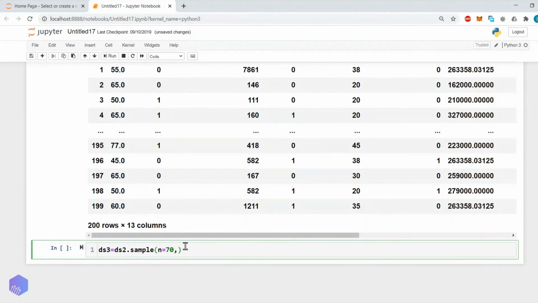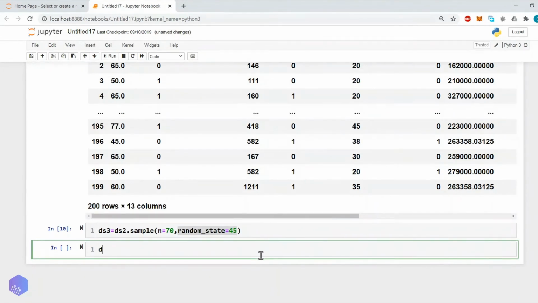Then there is a random state, which specifies where you want to actually start. So n equals 70 specifies that out of 200 lines we want to select 70 random lines, and random state specifies, say, which row you want to start from. That also you can specify.